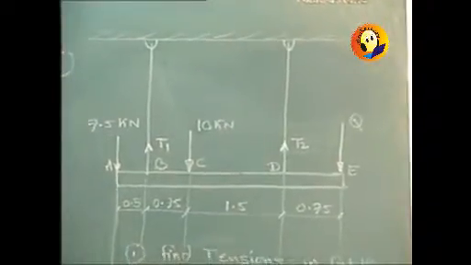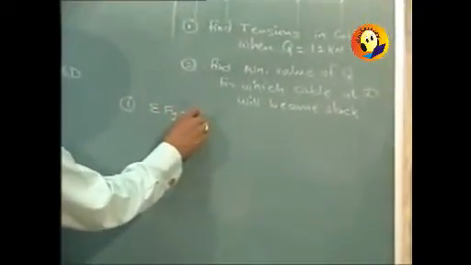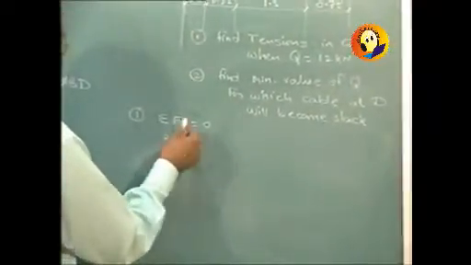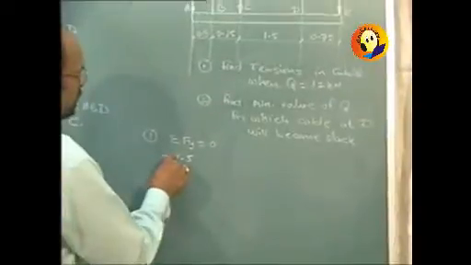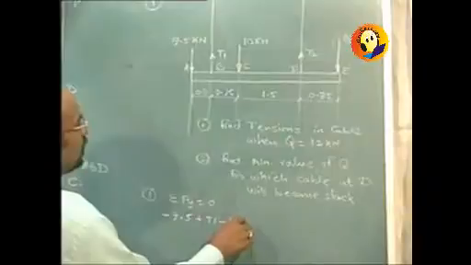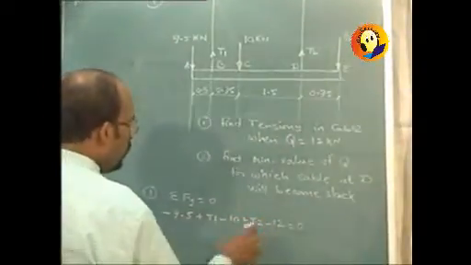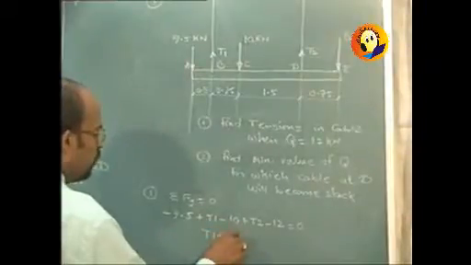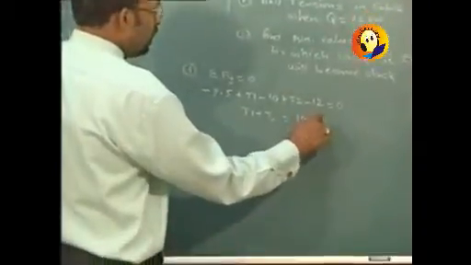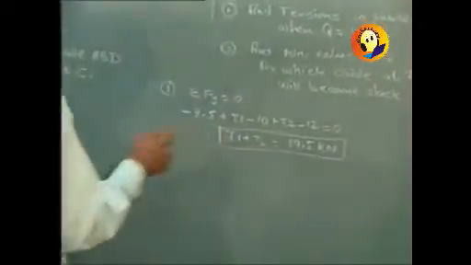Let us write them. The first one is sigma Fy equal to 0, which gives, everything in kilonewtons, minus 7.5 because it is downward, plus T1, minus 10, plus T2, minus 12 is equal to 0, and we get T1 plus T2 equal to 19.5 kilonewtons. So we get one equation. The second equation